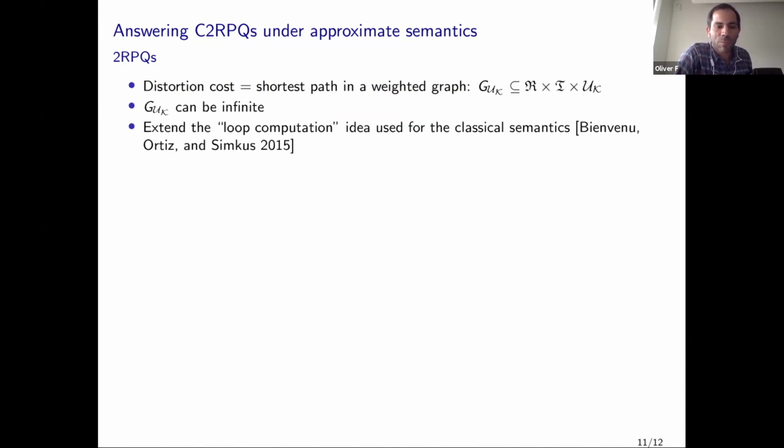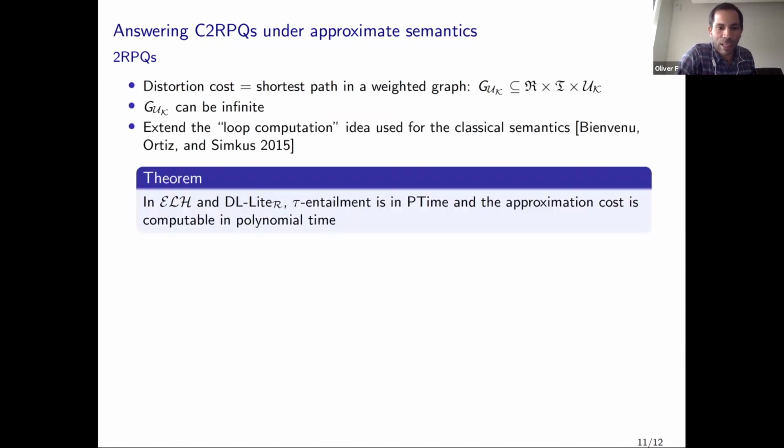For this reason, we had to compute this shortest path in a symbolic way, and for this, we use the loop computation idea used for the classical semantics, for the regular path queries in this logic, but in the classical semantics. And we prove that we can solve these problems in polynomial time for two-way regular path queries. For conjunctive two-way regular path queries,